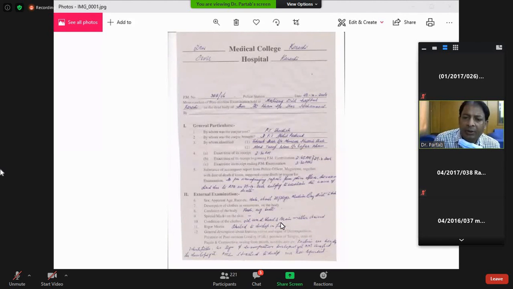Condition of the clothes: is it soaked with blood, is it soaked with mud, the clothes are